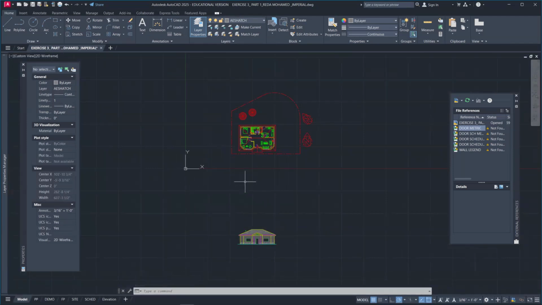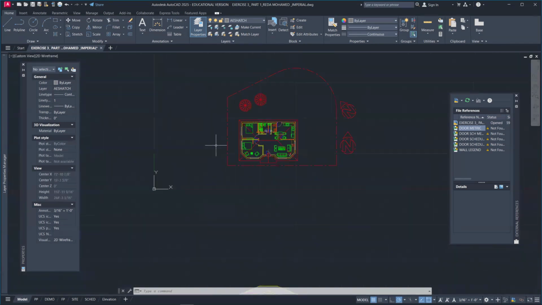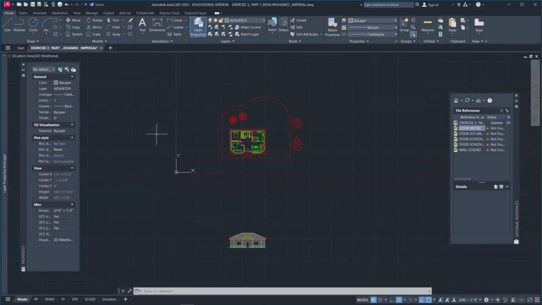What do you call this? Elevation. So we'll start with the left elevation, which is the west. Okay. And two ways of doing this. One is, I can create a 45-degree angle here. Okay. And